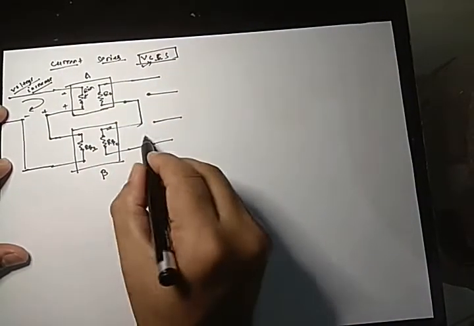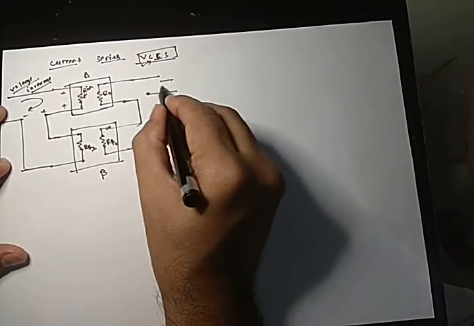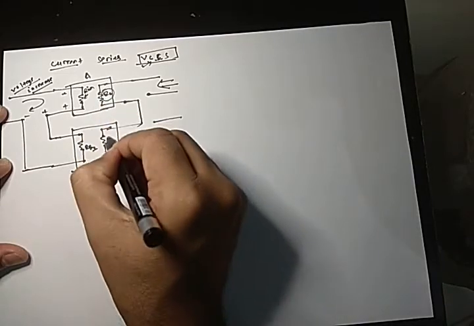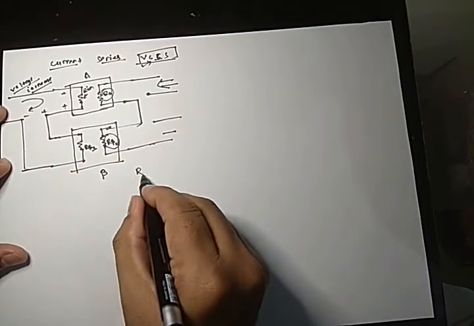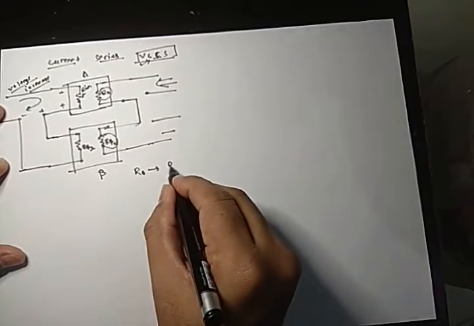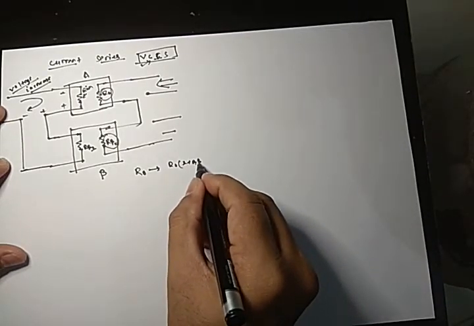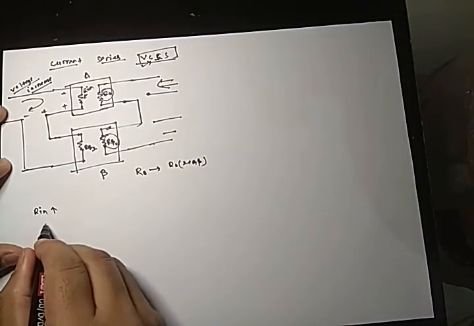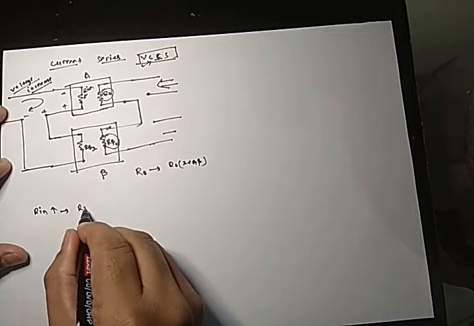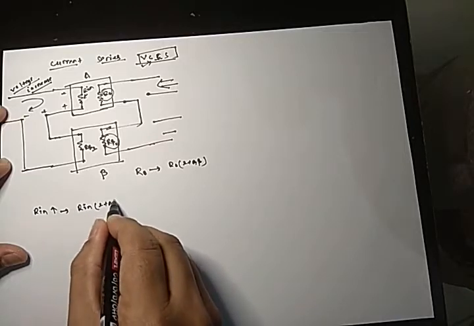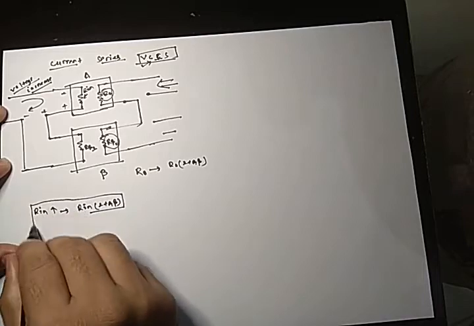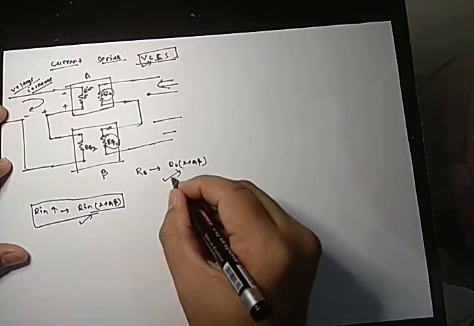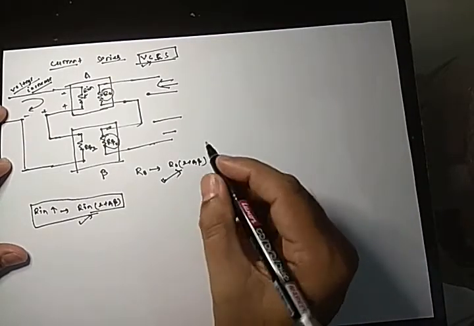Now what we are saying is that the output resistance, if we look here, has increased because these two resistances got connected in series. That will increase by R naught into 1 plus A beta times. Now here the input resistance also got increased. This is increased by Rin into 1 plus A beta times. Here both the input resistance and the output resistance have increased because of this connection.